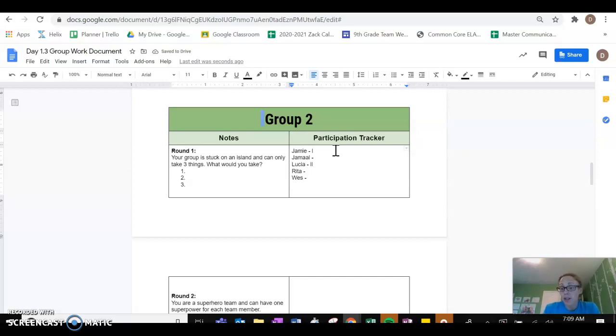Rita doesn't speak that much, but she says, Lucia, I liked your idea and I agree with you. Great. Give her a mark. Whoops, wrong one there. Okay. Wes speaks. Maybe Jaime speaks again. Jamal isn't speaking at all, though, so I'm not giving him anything. Maybe Rita adds on something really long and insightful, so I'm going to give her 2. And so at the end, it will look something like this, and that's all you have to do. I'll go back and look at it and grade it. That's it.